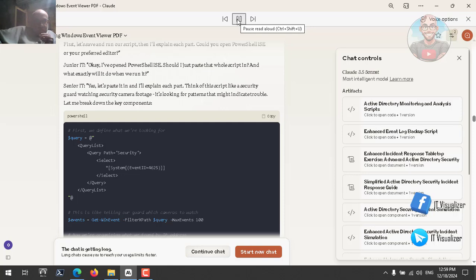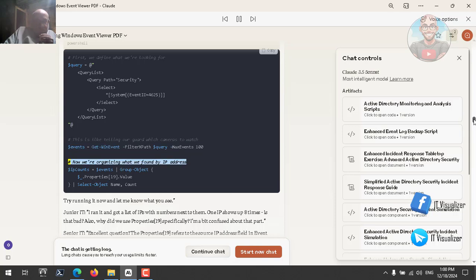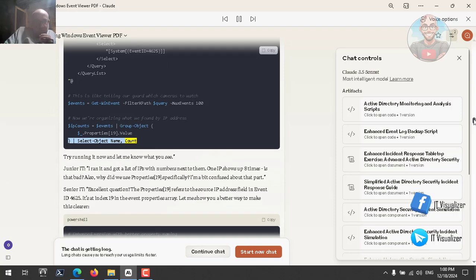# First, we define what we're looking for. $query = @' <QueryList> <Query Path="Security"> <Select Path="Security">*[System[EventID=4625]]</Select> </Query> </QueryList> '@ # This is like telling our guard which cameras to watch. $events = Get-WinEvent -FilterXml $query -MaxEvents 100 # Now we're organizing what we found by IP address. $IPCounts = $events | Group-Object {$_.Properties[19].Value} | Select-Object Name, Count